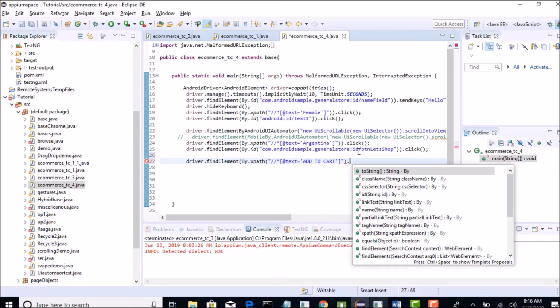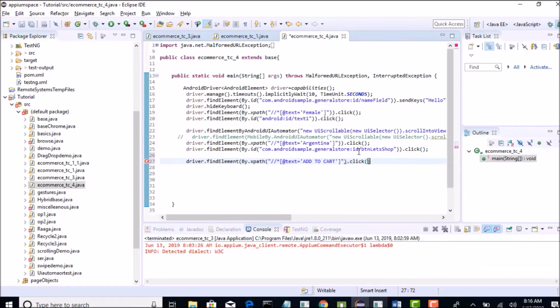I don't know, one of my students came up with this scenario and said he failed answering this question, and that motivated me to put this functionality here. Yeah, so there are multiple items, right? So find elements, we need to click the first two products, get of 0 dot click.